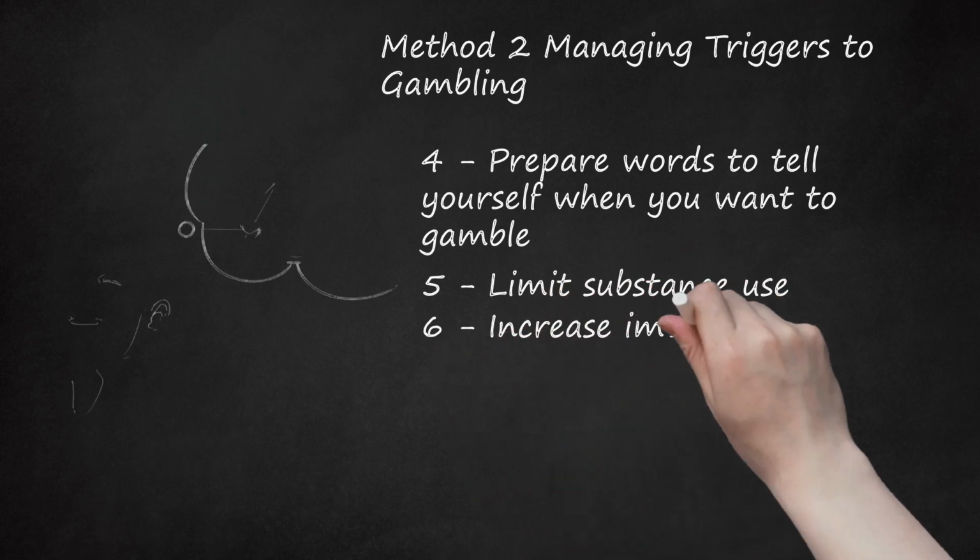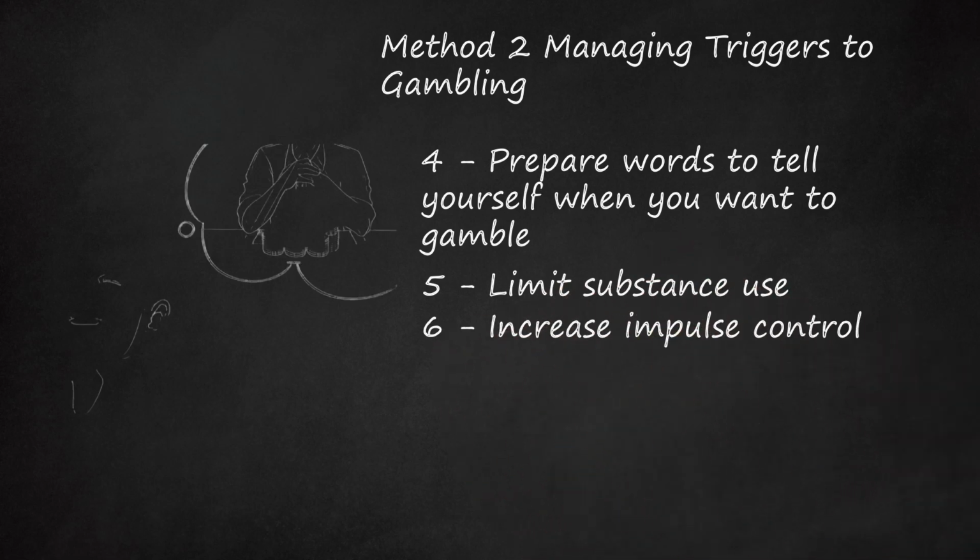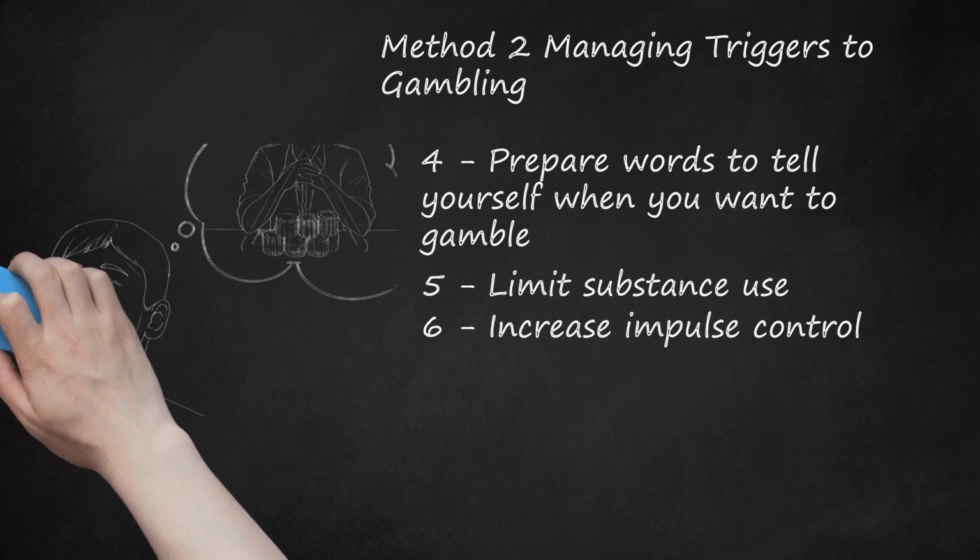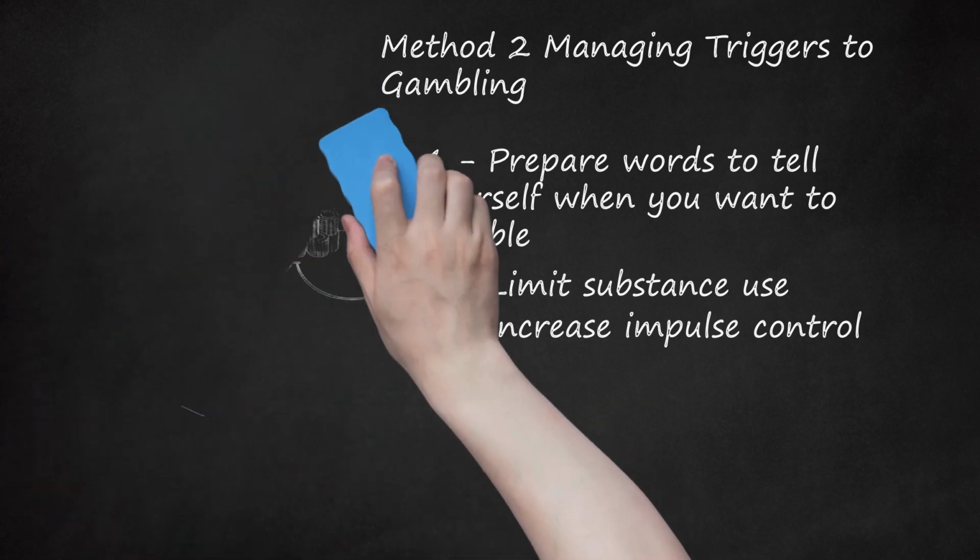6. Increase impulse control. Some gamblers may have a distinct problem with impulse control. Impulses are like cravings, they are automatic urges to do something such as gambling. When you have an impulse to gamble, stop and take a breath instead of acting immediately. Take a step back, observe your thoughts and feelings. What thoughts are you having? What feelings do you have? Identify ways to cope or alternative activities to engage in. Practice what works for you.